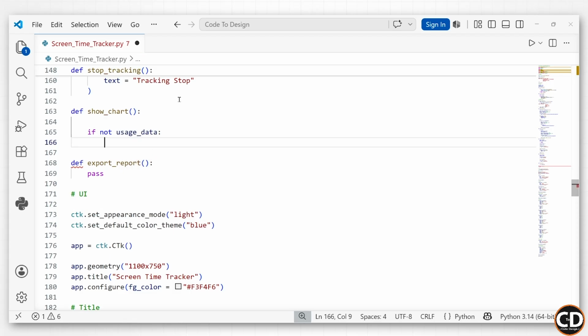Now, let's try to understand this first. Remember, usage_data is our dictionary that stores tracked application information. If the dictionary is empty, Python treats it as false. And because we're using not, we're essentially asking, is the dictionary empty? If the answer is yes, then we need to warn the user. So we write